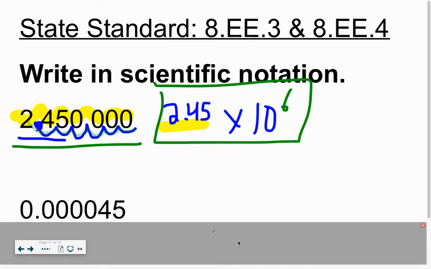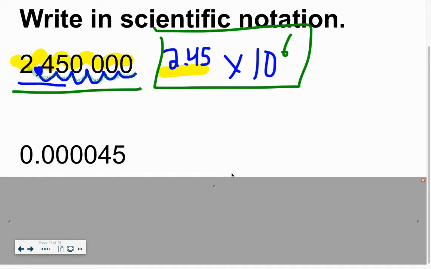Our next example. When we talk about writing in scientific notation, we need a factor. So I'm going to start here and talk about moving the decimal. Since there is a decimal, start there, move it until the new spot where you have it is a number that could be 1 or less than 10. This is 0.45. This does not work. This is 4.5. So that'll work as our factor, 4.5, times 10 to the